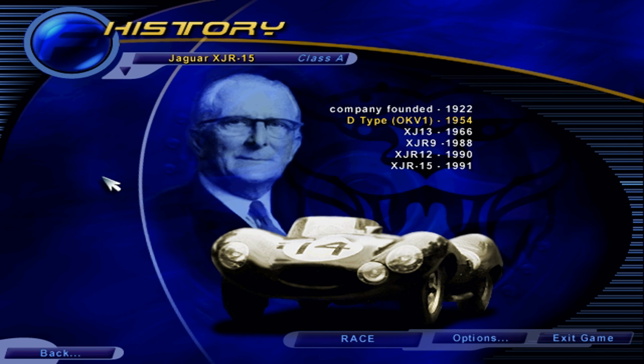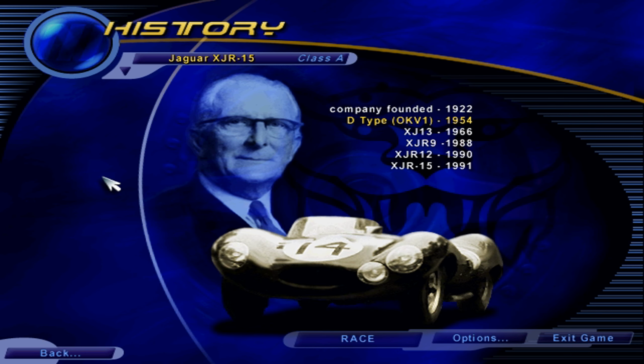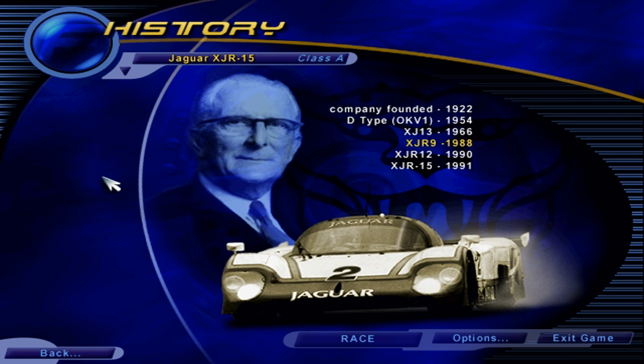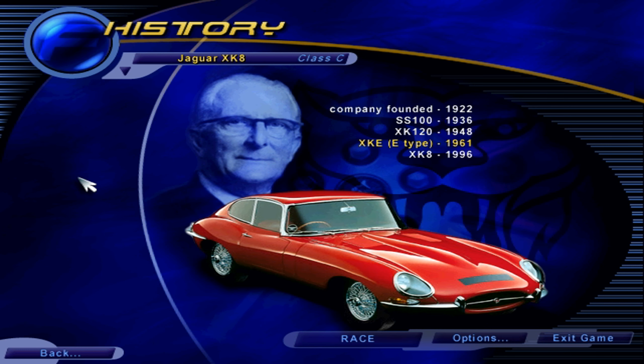Looking at today's sleek and opulent Jaguars, it's hard to believe that the prestigious British automaker had its origins in manufacturing motorcycle sidecars in 1922. Progressing through what were the subcompacts of the 1930s, Jaguar produced its first serious luxury sportster in 1935. After World War II, the sensational XK120 was launched, along with an advanced 6-cylinder engine that was to become a Jaguar mainstay for decades. In 1961, Jaguar unveiled the timeless E-Type, still considered one of the most beautiful sports cars